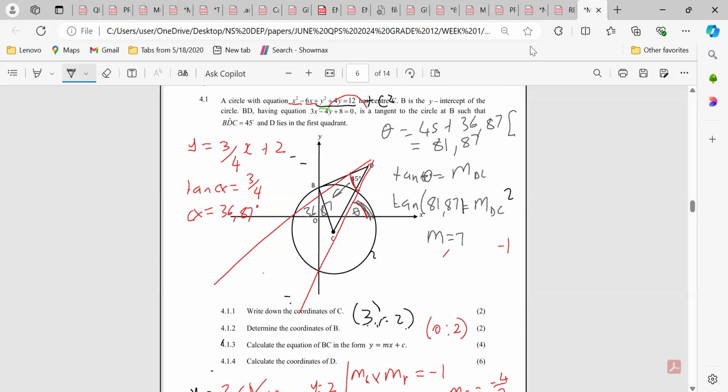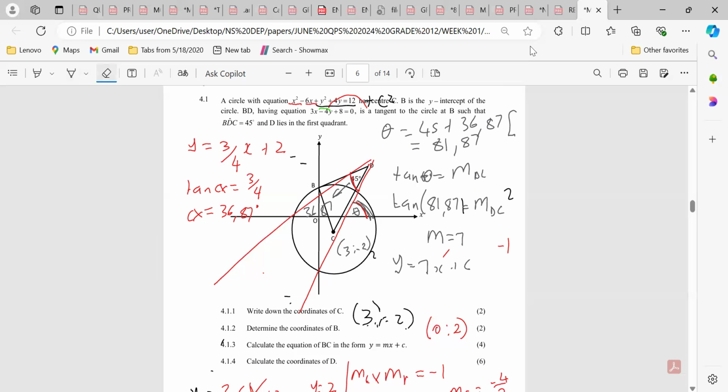How would we get the equation of DC? I'm going to tell them y is going to be equal to 7x plus 3. But we know this point. We said it's 3, minus 2. I remember correct. Yes, that's what we said. We all agree. Yes. I haven't done anything which is mathematically incorrect so far. The only thing that I did is that we were using this angle here to get the angle of inclination. We needed to use that angle so that we can get the angle of inclination. That is the only thing that we did,